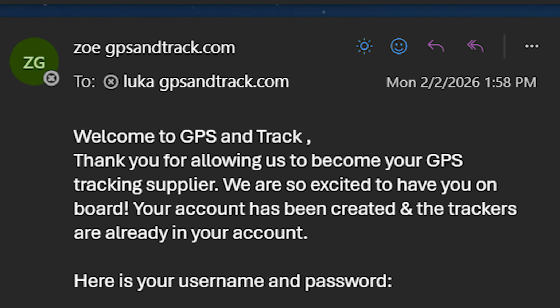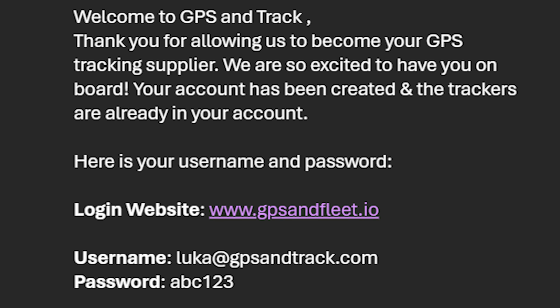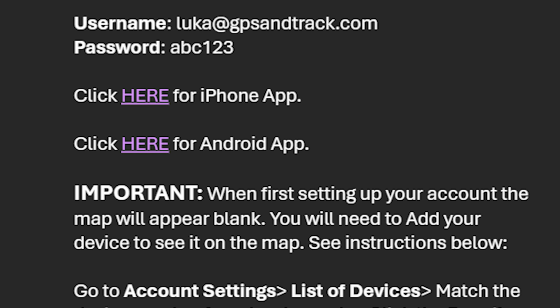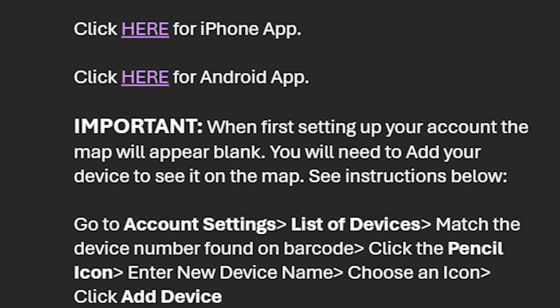Guys, today I'm going to show you how to download the app. To download the GPS Fleet app, start by checking your welcome email. It includes direct download links for both iPhone and Android. If you can open that email on your phone, tap the link and it will automatically open the correct app